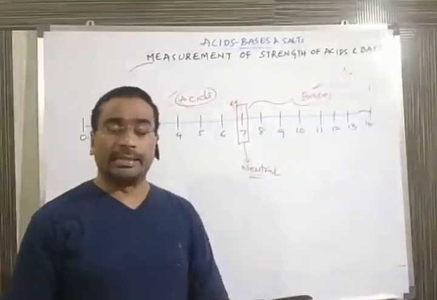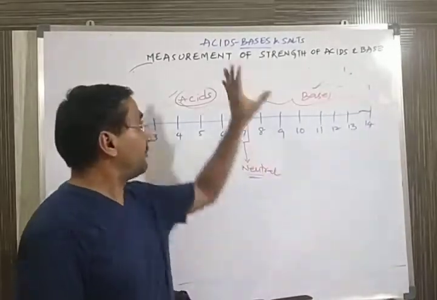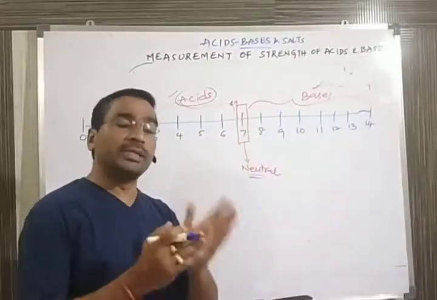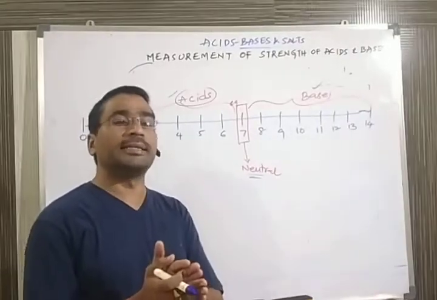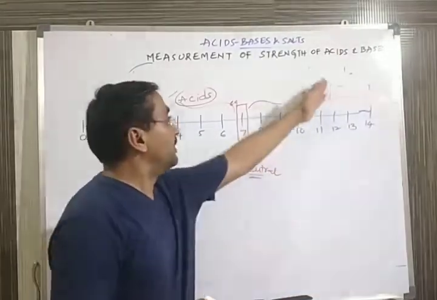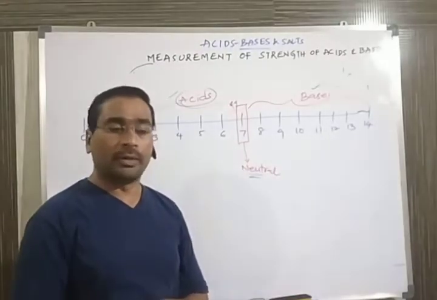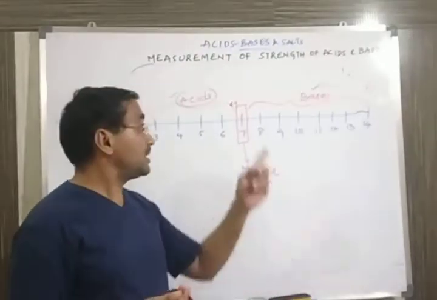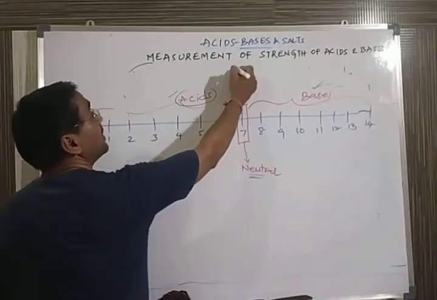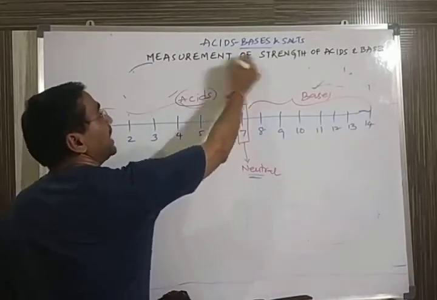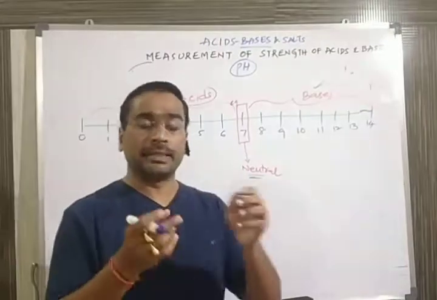We have many acids. As I was saying, the main intention of learning today's topic is to decide which is a strong acid, which is a weak acid, which is a strong base, which is a weak base. That we need to find out. So how can we know? The point that helps us identify this is the pH values.